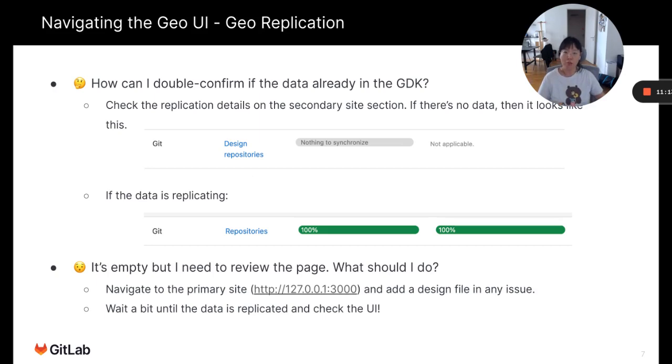I think it's better to confirm this: go to the secondary site section, and if you see nothing to synchronize, that means there's no data. If something is already there, you'll see the data is replicating and it's also verified. It's fine to see some red sign here because it's just moving on. But say I need to review this design page, and there's nothing there. In that case,